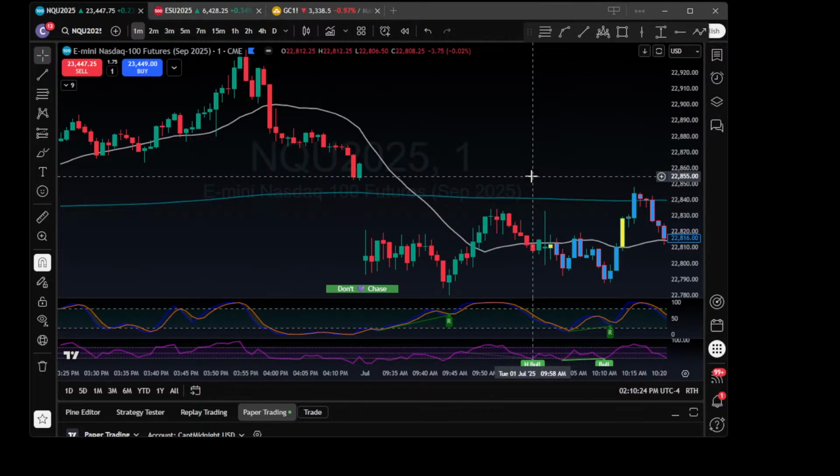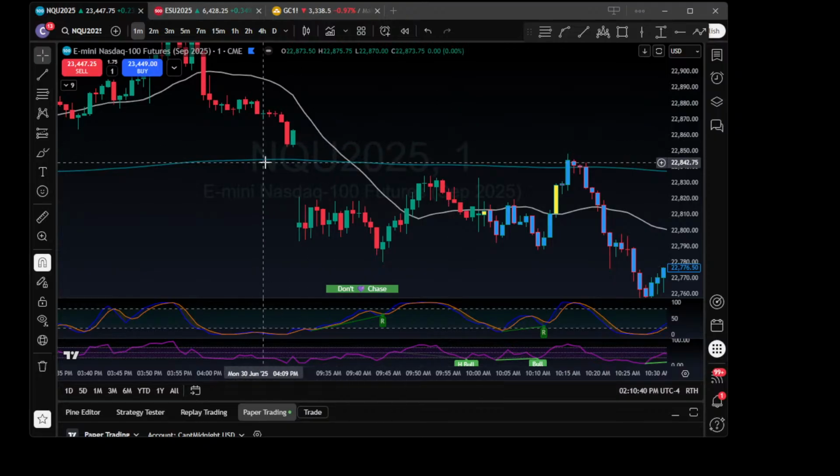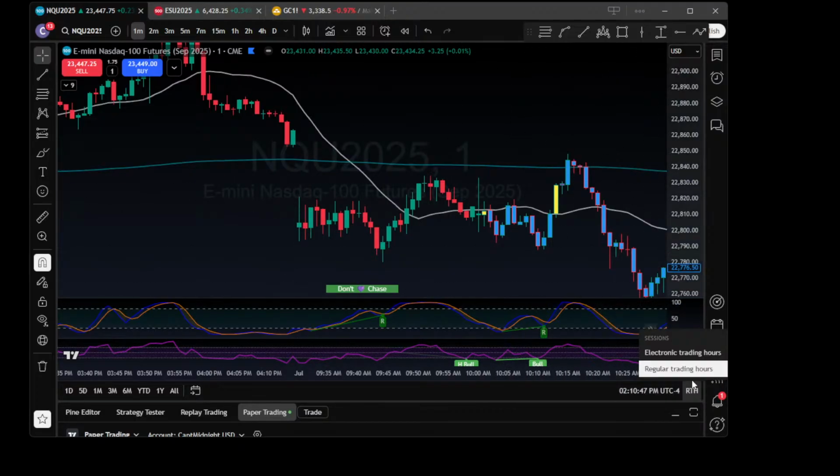Here we go. To start this backtesting, I'm backtesting the new day opening gap and the first presented fair value gap after open. So to make this easy and define the gaps easy, I jumped right to all of July. Change it from regular electronic trading hours, which are just the futures hours, which is every hour except between 5 and 6 p.m. at night. Regular trading hours are just the regular trading hours, 9:30 to close.